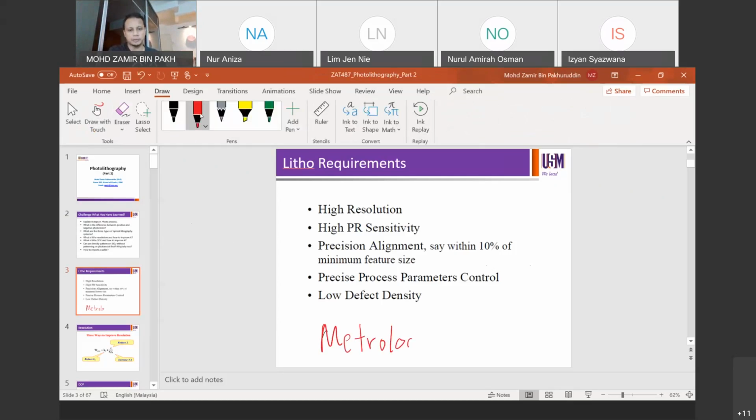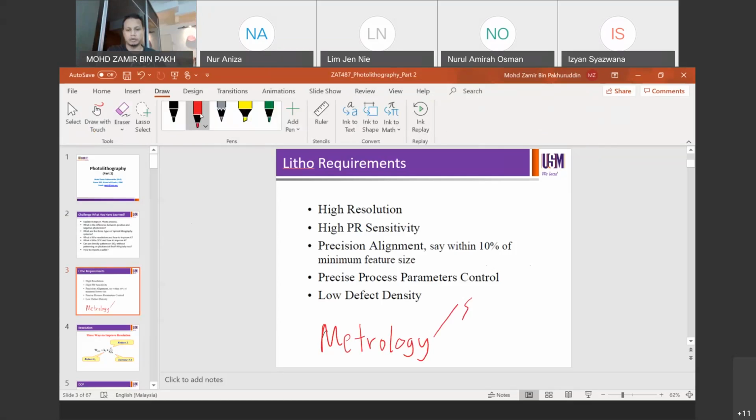So the first part is processing. The second part is called metrology. Metrology is where you do all the measurements required after the process, before the wafers go to the next process, like etching or implant or diffusion. So metrology is composed of